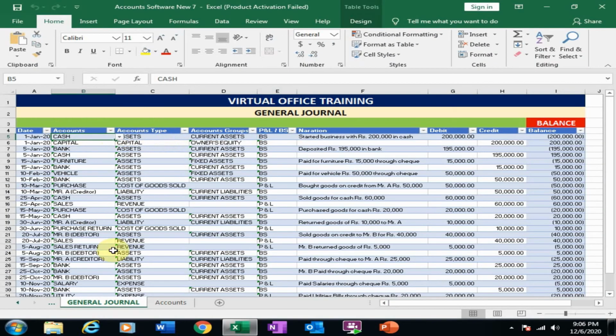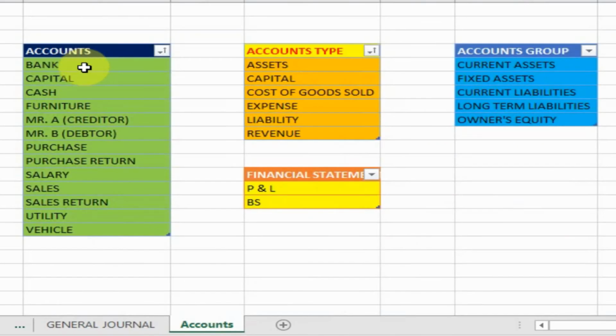We get all these lists from this sheet. In account type, there are 6 categories: assets, capital, cost of goods sold, expense, liability, and revenue. In accounts, there are all the chart of accounts.